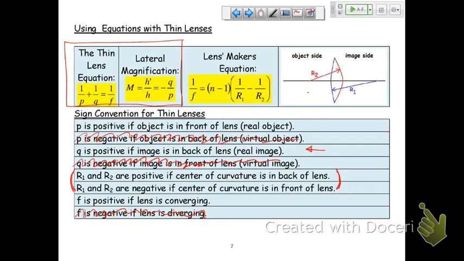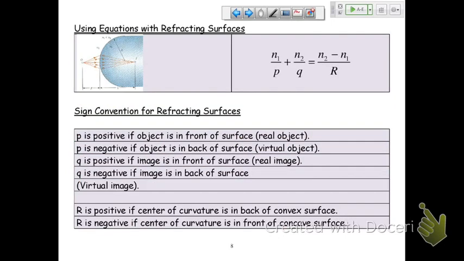Yes. For setting, Q is negative if the image is in front, and positive if the image is in the back. Okay, maybe I was reading it wrong at first. No, that makes sense. It's where you kind of expect the thing to be. And if I do,